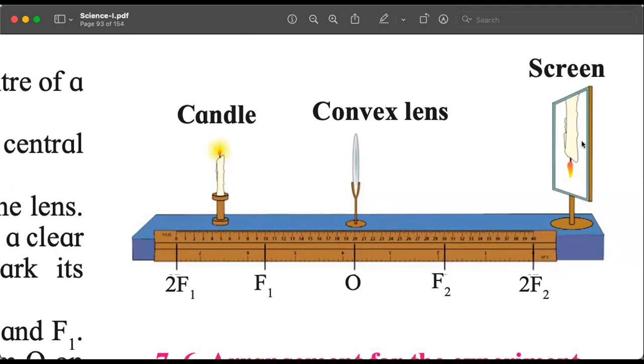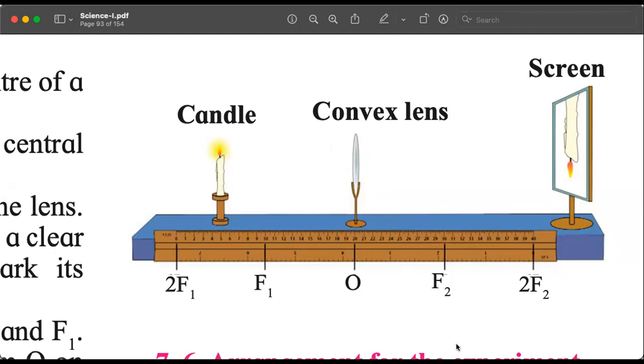It says first draw a line, a straight line. To show that line on the table, a virtual scale is shown here. It says put the convex lens somewhere in the middle of the line, and then try to get the image of some object at a very far place. Maybe through the window or door, a bird, an animal, a tree, or a mountain far away. Try to bring its image on the screen through the lens. Do not move the lens, keep the lens in the middle. Move the mirror, move the mirror.